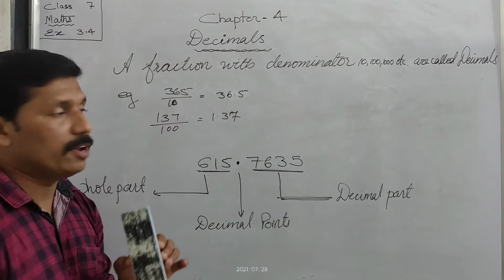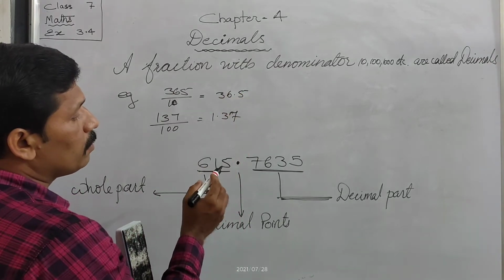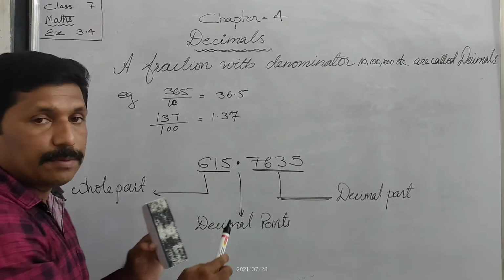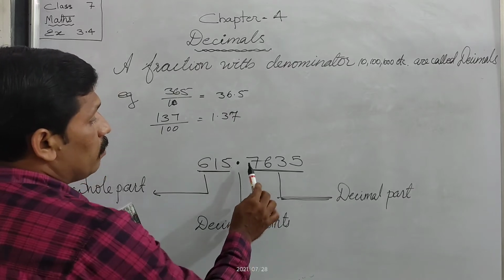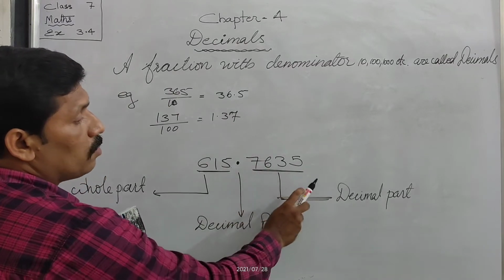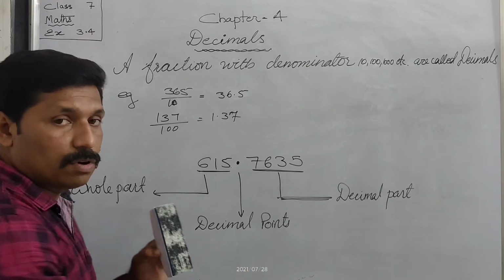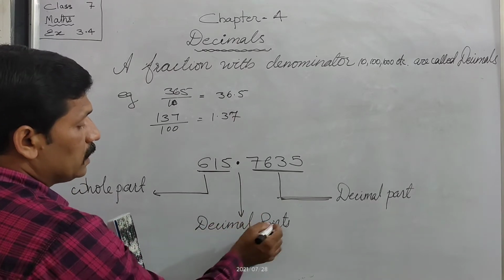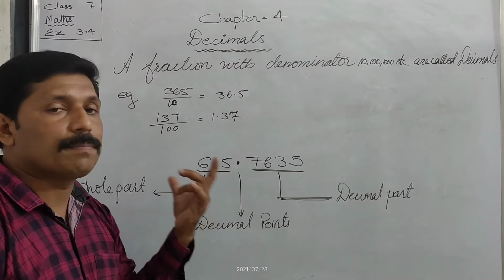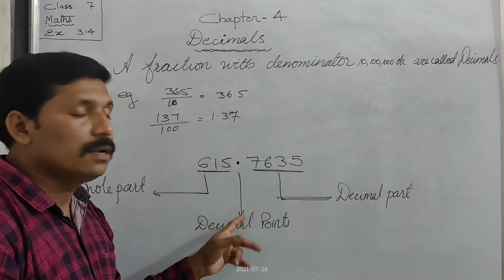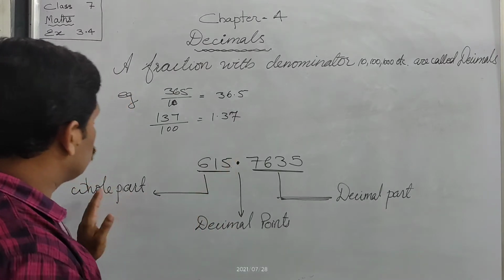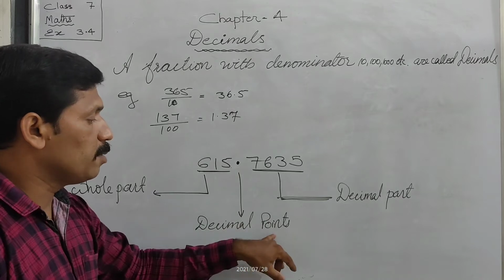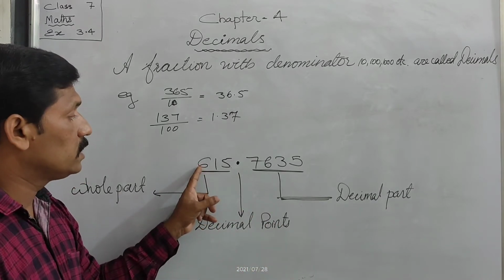So when you see a decimal number, you can see some important parts of it. Before the decimal point, on the left, that part is called the whole part. And on the right side of the decimal point is called the decimal part or fractional part. And this dot is called a decimal point. A decimal number is separated into both parts by a decimal point. So on the left side is the whole part, on the right side is the decimal part, and in the center there is a decimal point, and we can read this as